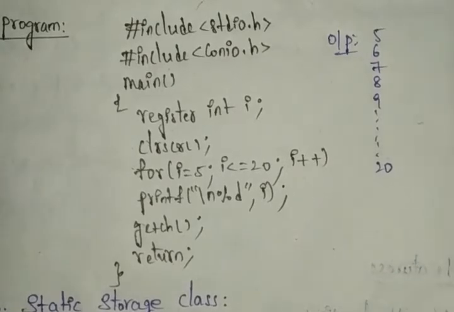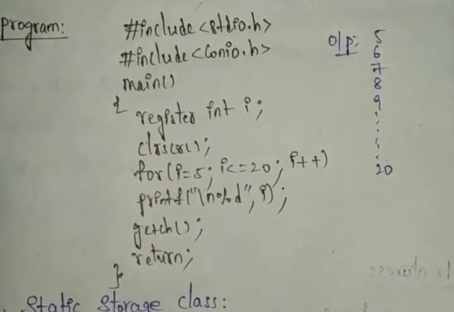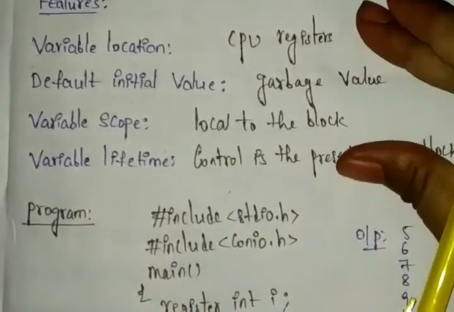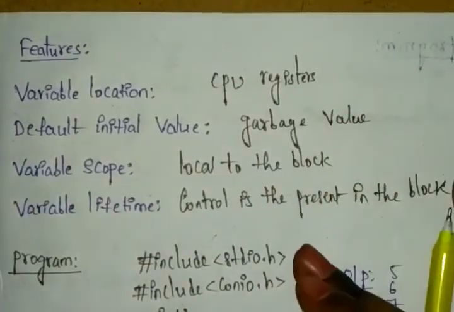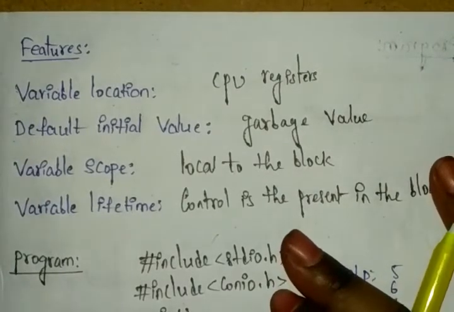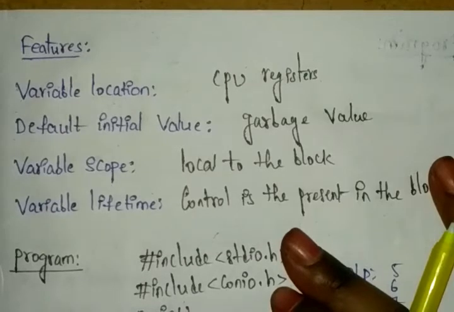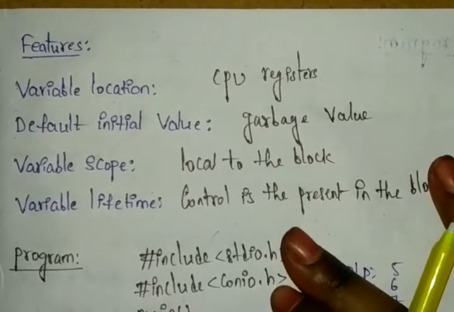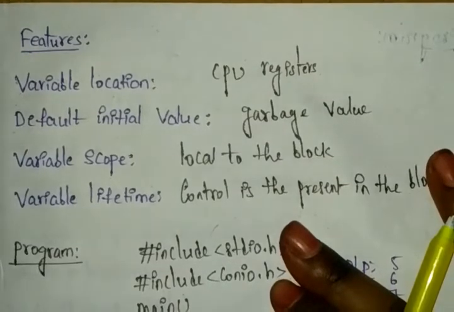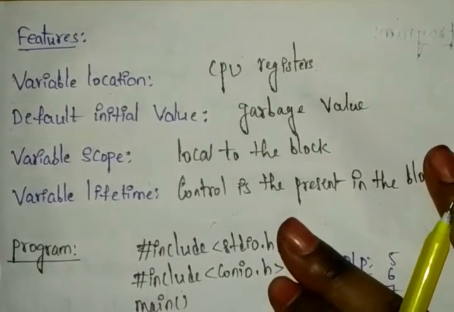So what is the difference between normal programs and this one? This program can be stored like this, and by using these features it works programmatically. Now this program is taking the CPU registers manner, and it has local variables, and it has a lifetime up to the closing of the function. Like that we can define this.